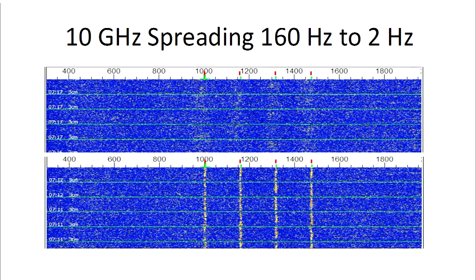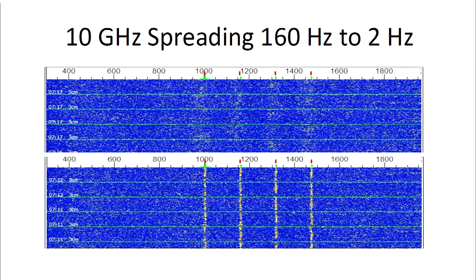Now, this is an example of what a signal off the moon looks like. This is the JT4 mode, which has 4 tones, and on the bottom part of the slide you can quite easily see the 4 tones, and that's when the spreading has almost cancelled out, and there's only 2 hertz of spreading of the signal, and it's very clear. At the top, I'm not sure that you can see the 4 tones, but with a bit of imagination you can. And you can imagine that it's much more difficult to decode the signal at the top when it's spread.